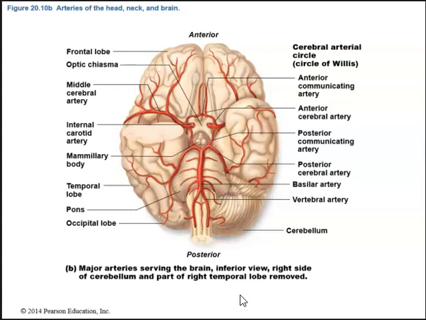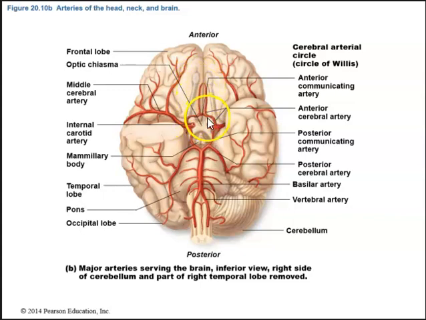So here we see the circle of Willis. We can see the two vertebral arteries coming up from the cervical vertebrae. They will join together to form this basilar artery here, which will then kind of bifurcate to form the posterior cerebral arteries, giving blood supply to the posterior part of the brain. And then coming off the posterior cerebral arteries are the posterior communicating arteries, which will join with the internal carotid artery here, and then form the anterior cerebral artery here,